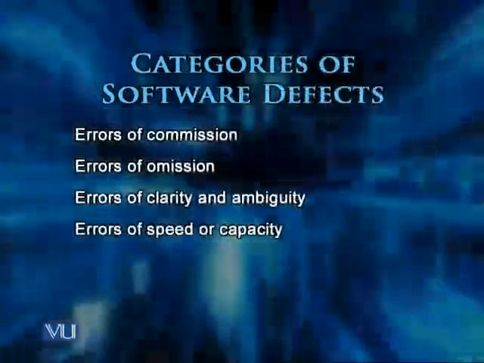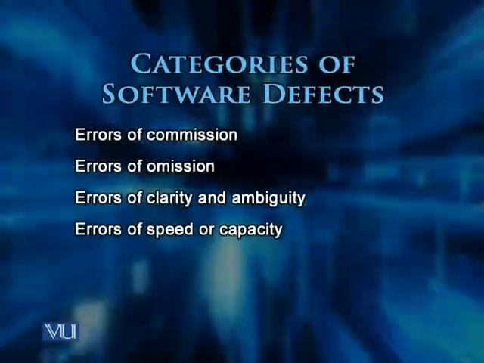So although for simple desktop-type applications the errors of speed and capacity are not an issue anymore, for network-based applications, they still are. They have not gone away. These errors are still there for us to look for, find and remove. And so these are the four broad categories of software defects that I introduced and discussed in quite a bit of detail.